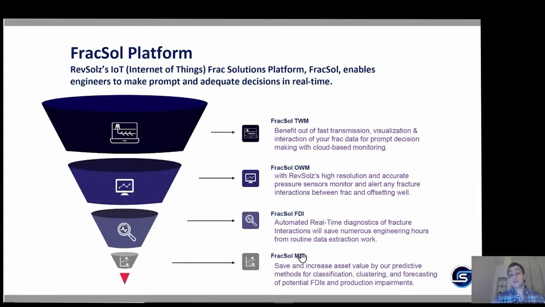Fraxel ML is the machine learning part of it, and it is going to be an independent module where you can forecast and have a predictive tool where potential FTIs can be highlighted before the job or in real time, and the production impairment analysis is also going to be captured in this module. Even though all our modules have ML infusion, Fraxel ML is going to be separate from the other ones. So now we can deep dive into each module